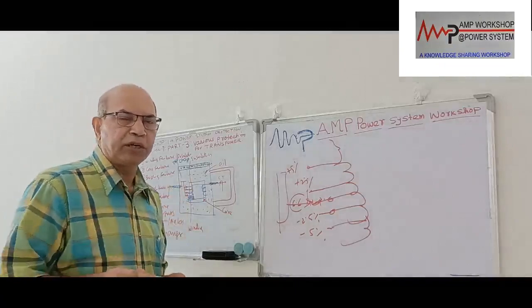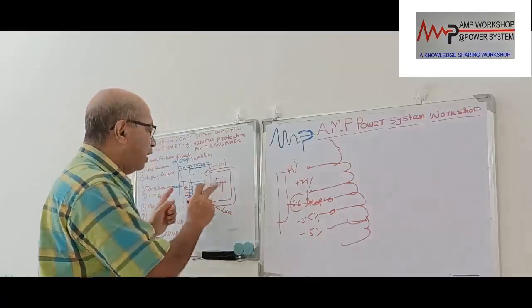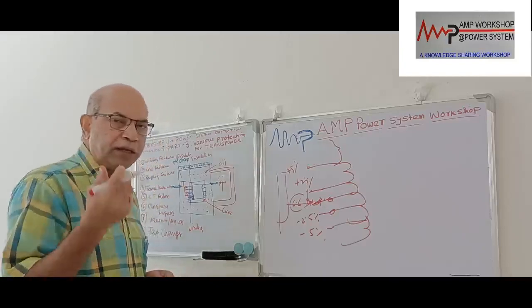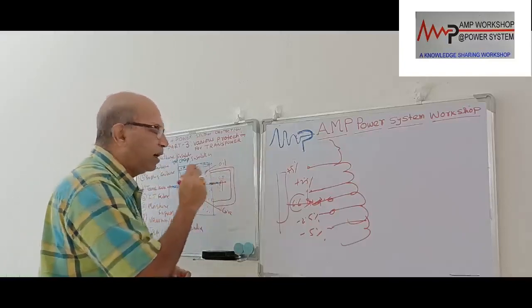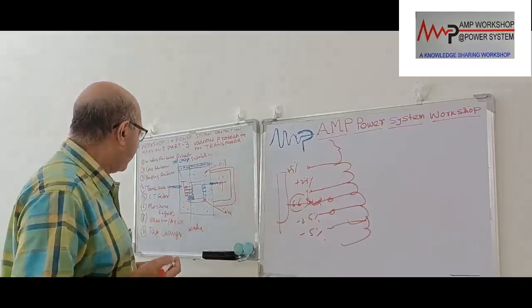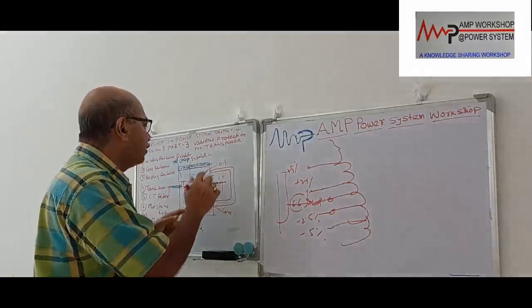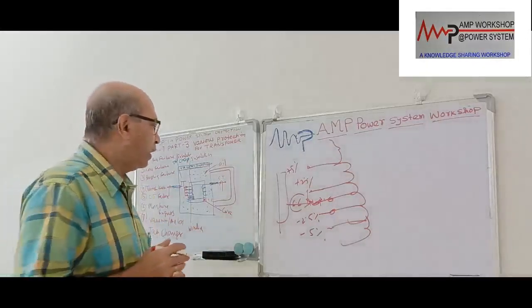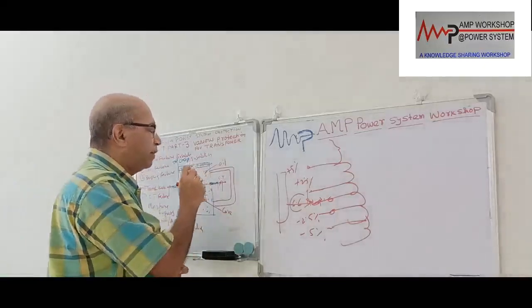To implement various protection, we put the CT in the bushing, and we also have one CT for the winding temperature indicator. This CT may fail with time. That is also a possibility. Then there is a chance of moisture. In the case of a sealed type transformer, moisture ingress chance is not there. But in a non-sealed type, it may happen.